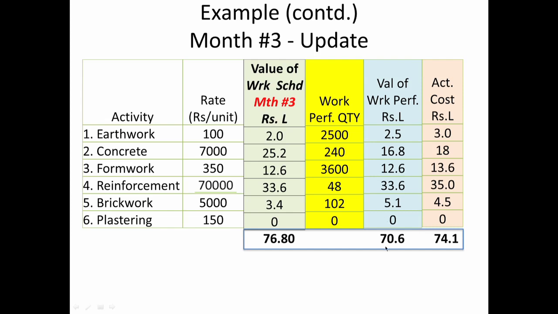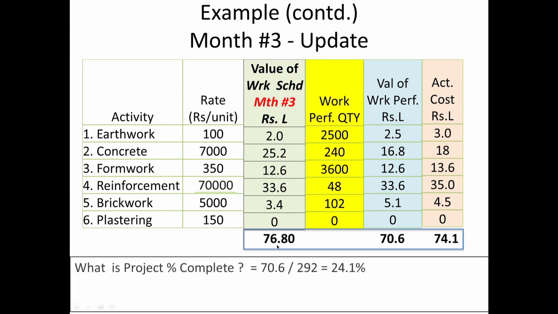I can add it up and I get the value of work performed is 70.6, and the actual cost of work performed is 74.4, and what I had scheduled is 76.8. So now I will be able to answer some of the questions I had posed earlier. For example, in answer to the question what is the project percentage complete, the value of work performed is 70.6,